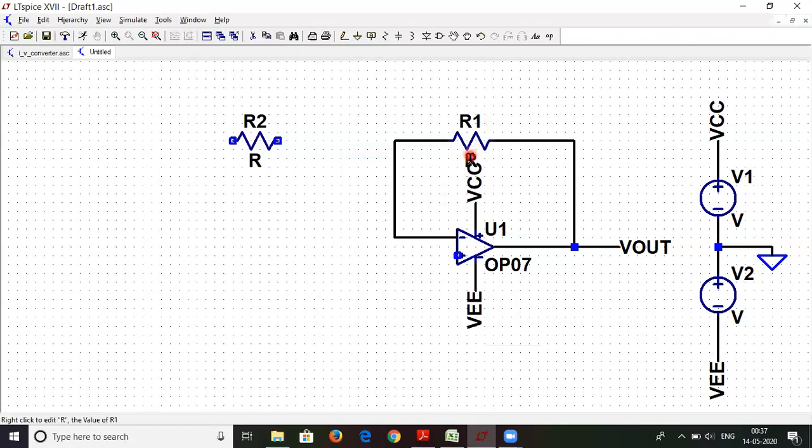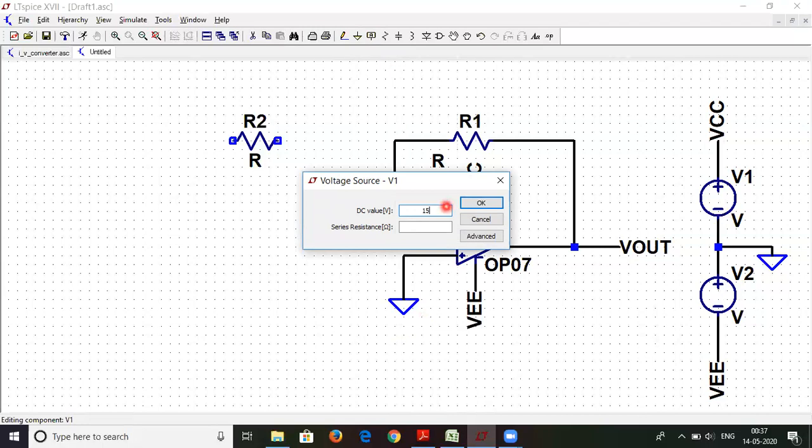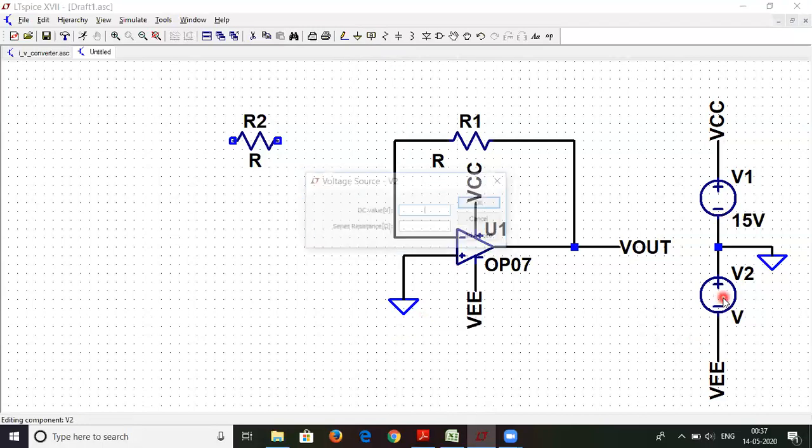Let me shift this value over here, so there is no confusion. Let us connect the non-inverting input terminal to the ground permanently. I'll take a ground and place it over here. Also, let me give the power supply voltages values. Let me give it around 15 volts, and let us consider this also as 15 volts. Basically, VEE will be negative because the negative part of the power supply is connected directly to VEE. So I have powered up the op-amp. Now let me connect this resistor also.